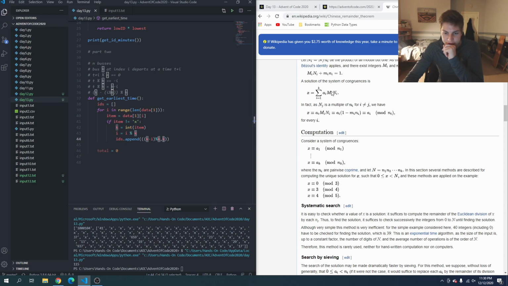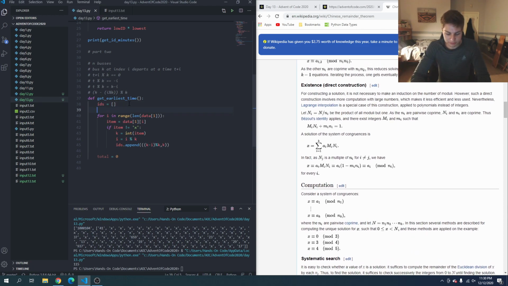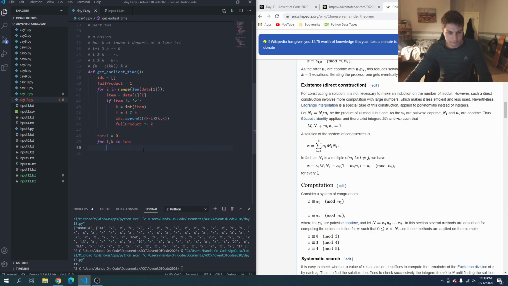So, well, we also need to know n, which is the total product. So we have a full product equal to 1, and then we'll say full product times equals k. And then so we'll say for ik in IDs,